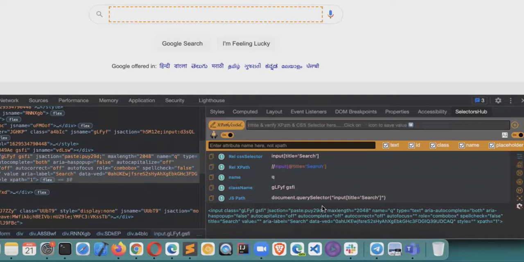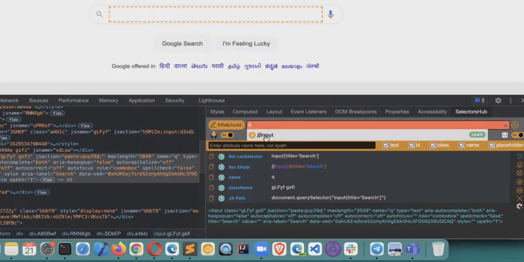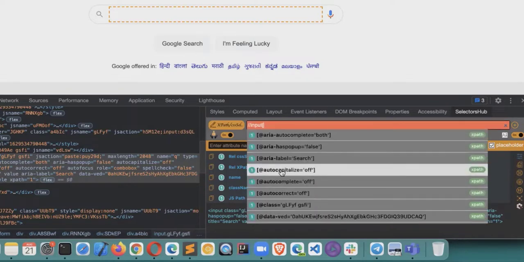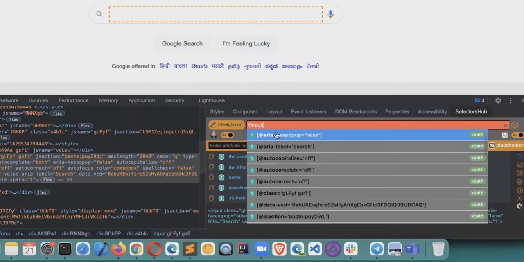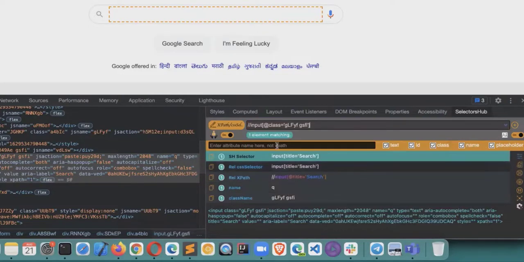So this is how it automatically generates. Then suppose many people don't want to take the auto-generated XPath and selectors from the tool. What you can do is just start typing, and as soon as you start typing, it gives you auto-suggest like a smart editor. You get all the possible selectors in the drop down, along with occurrences. You select any of them and press enter, and you will get that. So you can build your own XPath without wasting any time.